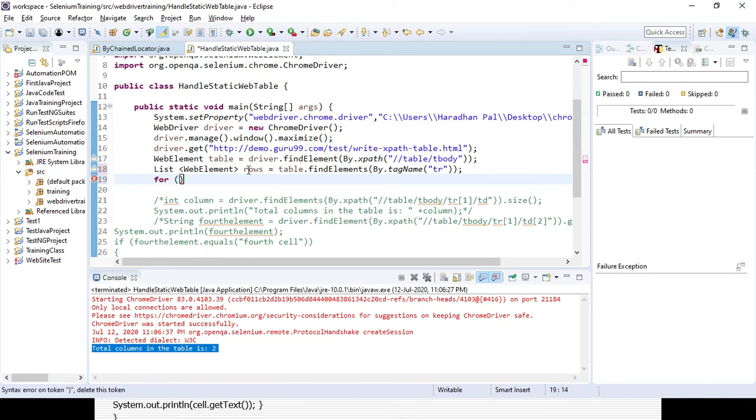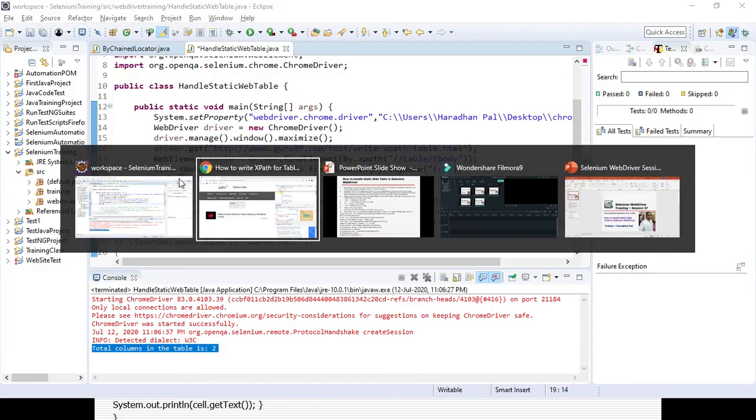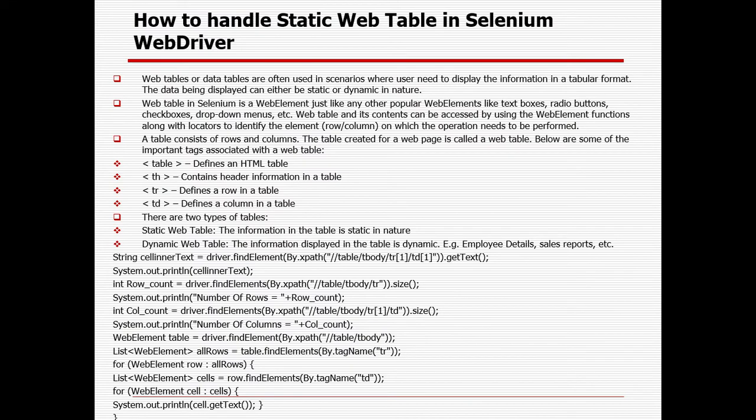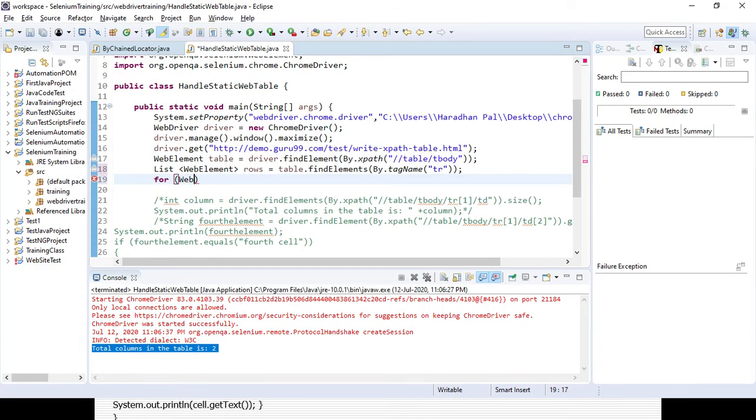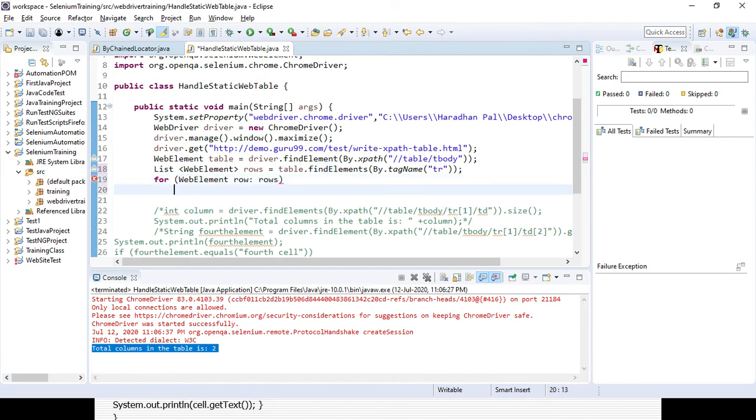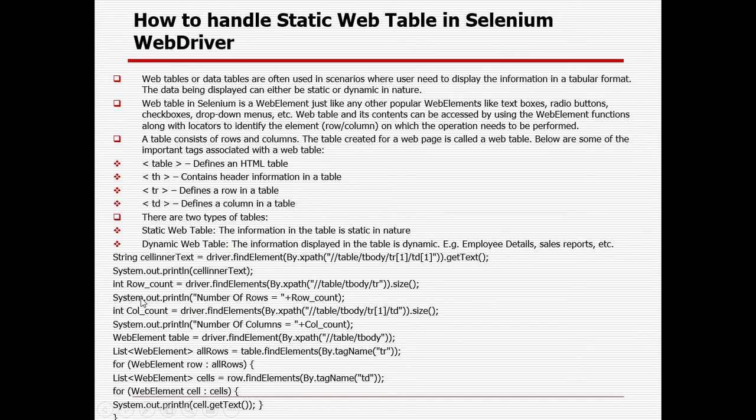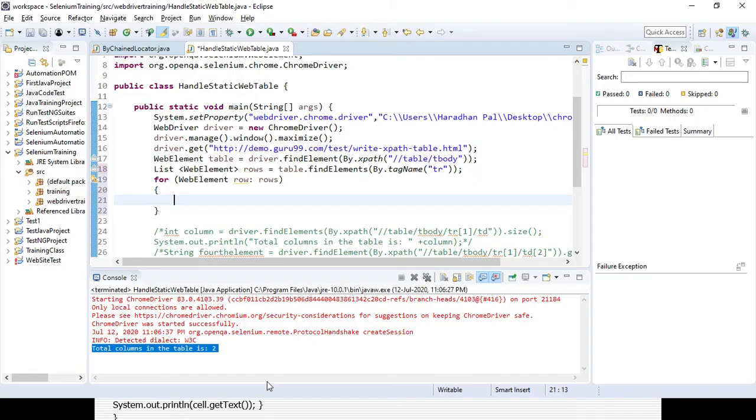Here you need to define a new variable of WebElement type, suppose I define the variable row, and you need to give the previous variable, rows. Then inside the brackets, you need to again use a List, where you store all the cell values, because for every row there will be some columns, or maybe cells.